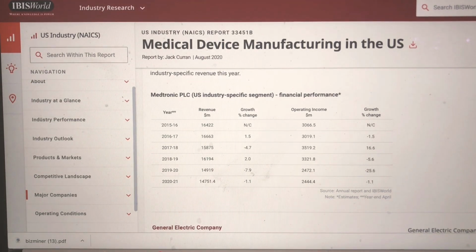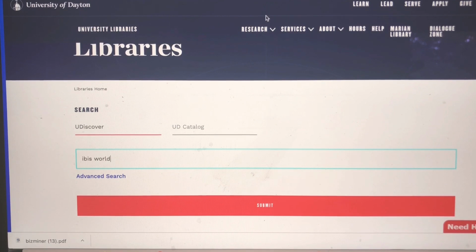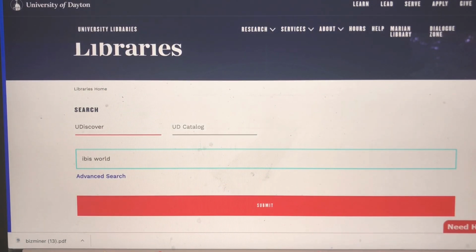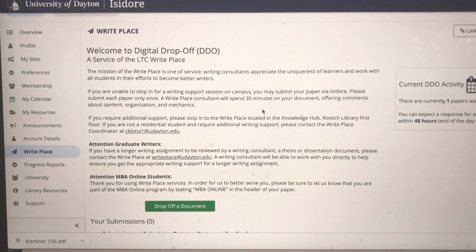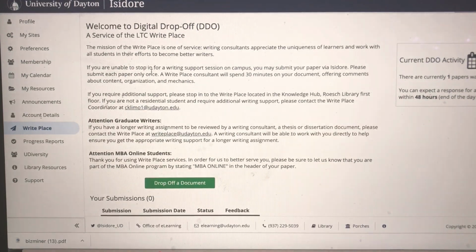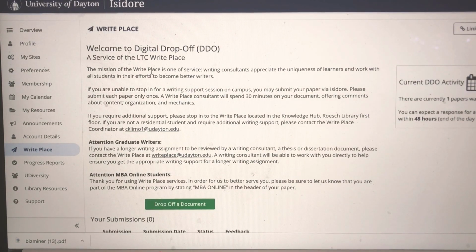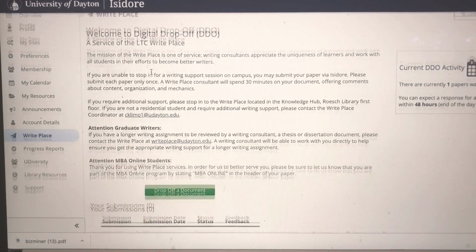Lastly, I wanted to talk about a resource, if you haven't already used it: the Write Place. As you're writing a 40-50 page report, or maybe even longer, you're going to have grammatical errors and spelling errors. Yes, you can spell check and go through, but also to get some editing and to make sure there's a coherent voice throughout the paper,